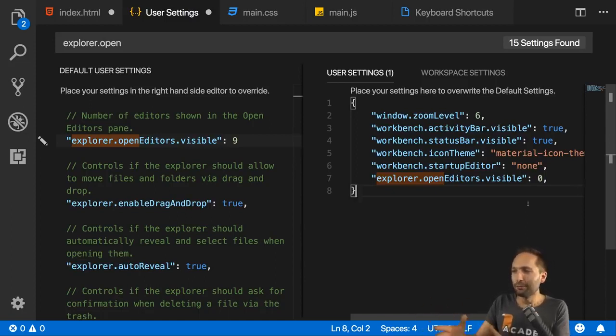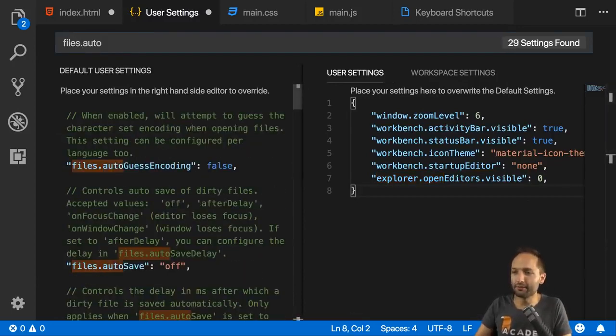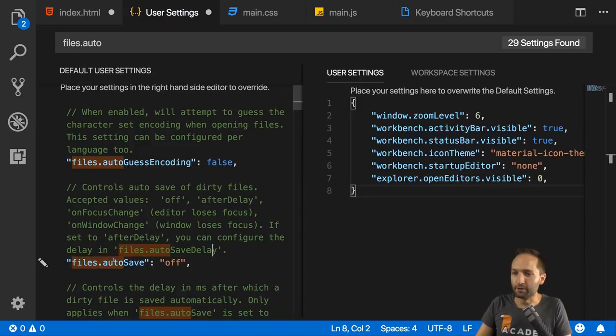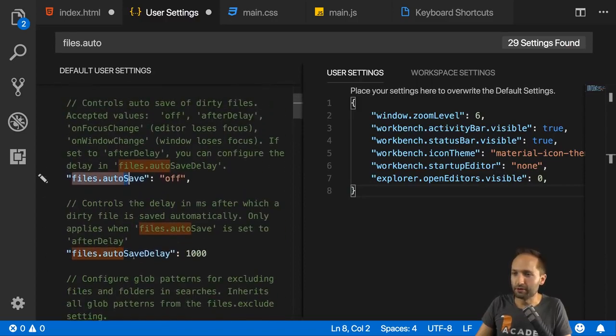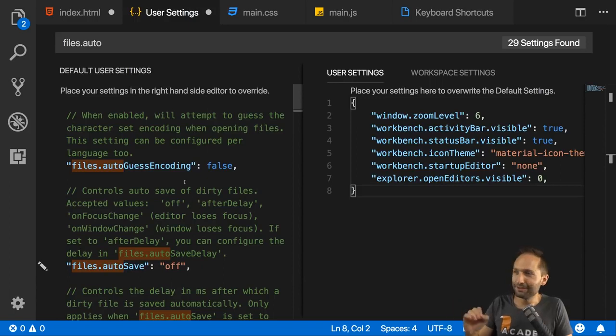The last option I would like to show you is this one right here, files.autoSave. Down there, this one, so files autosave and also files autosave delay. These are options that allow you to customize the saving behavior of Visual Studio Code. I will keep it the way it is at the moment because that's how we normally work, but here also feel free to play around and find the right settings for you. So that's it about these settings in general, but, there is the but,